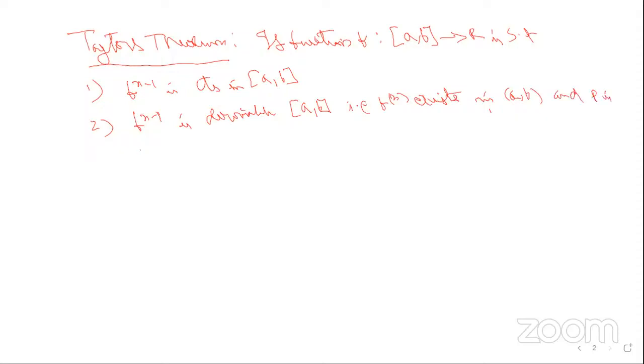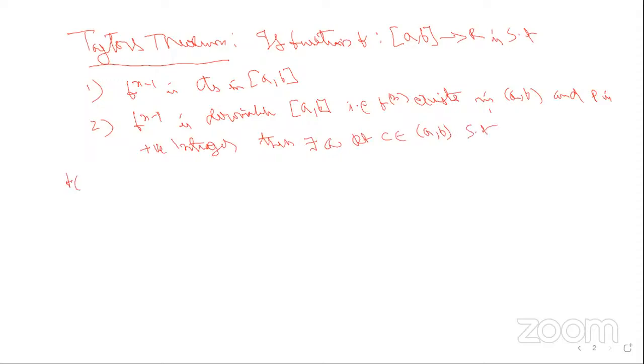p is a positive integer. Then there exists a point c such that c belongs to (a, b), which means the value of c lies between a and b, such that